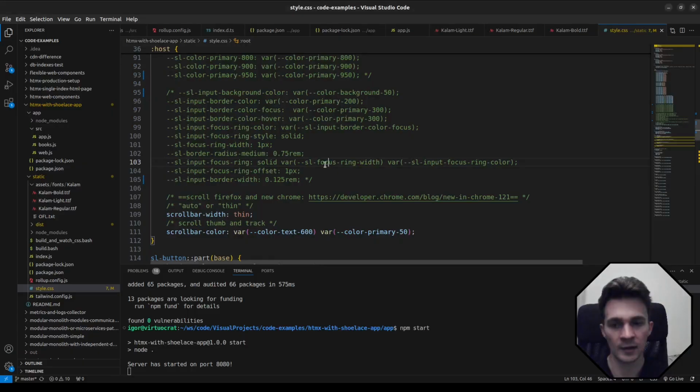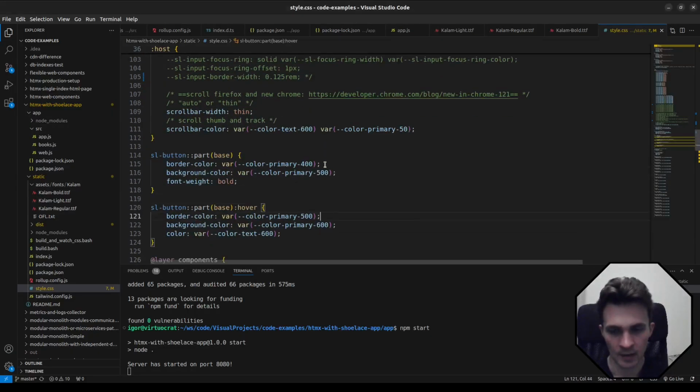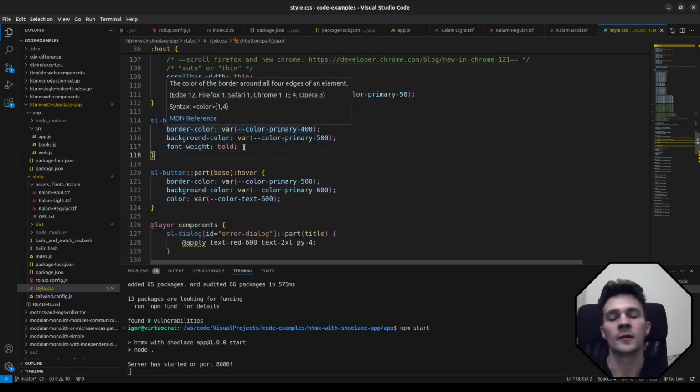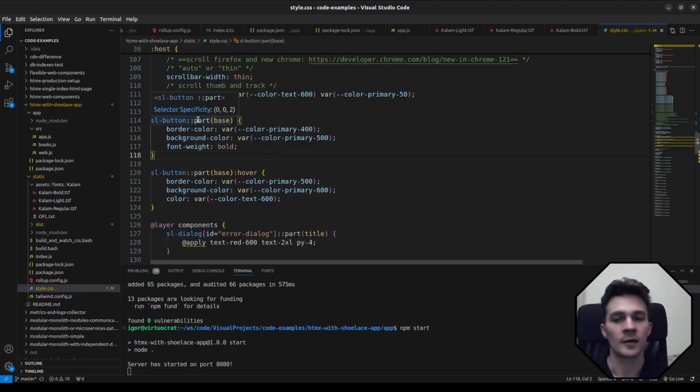The button still looks like that because I have done things like that. Fortunately or not, I don't like it, to be honest. This is the CSS shadow parts API. Basically how it works is that you can use shadow DOM. You can explicitly name a part in your shadow DOM that is possible to style, and then you can use selectors like that to style it. So this is for the